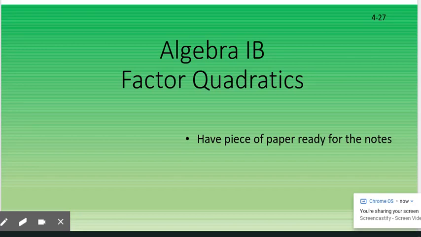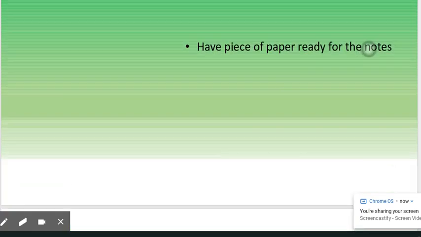Today, we are going to be talking about how to factor quadratics. Now, make sure you get yourselves a piece of paper out for notes. We'll be snapping a picture of our notes when it's all said and done. Before we actually get into the process of factoring quadratics, I want to make sure that we talk about